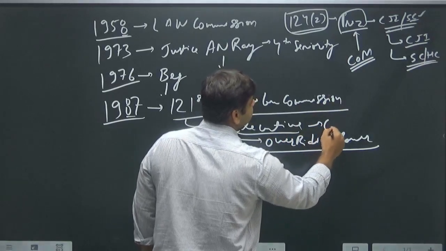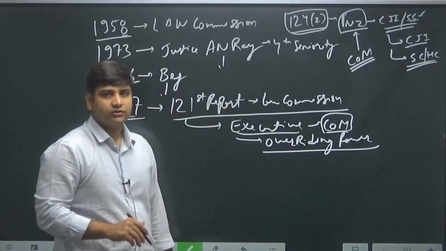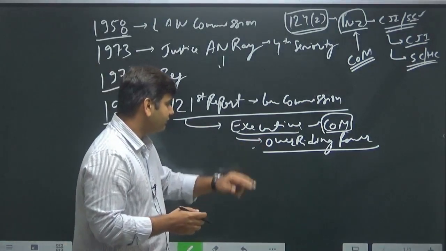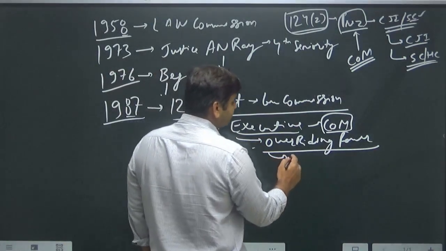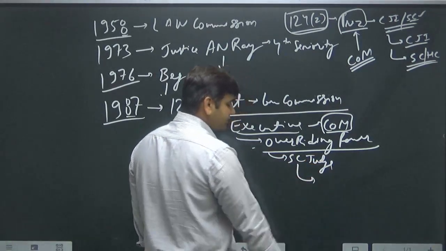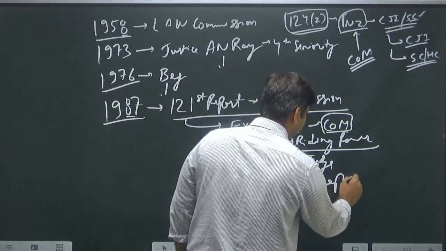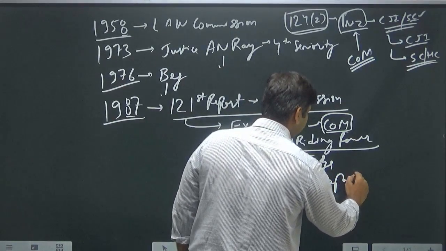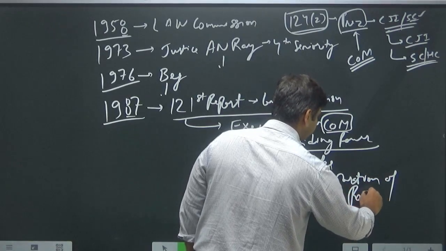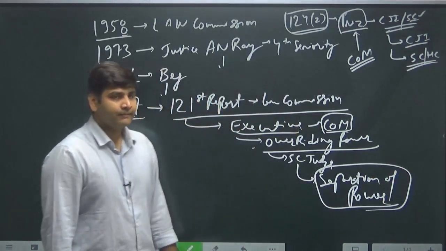The Council of Ministers here, the Cabinet Ministers, the say of the Prime Minister, the executive holds overriding power in the appointment of Supreme Court judges. This is against the principle of separation of power, and